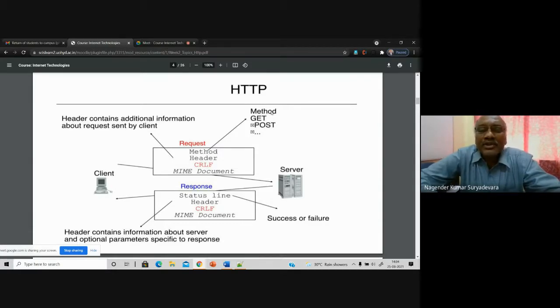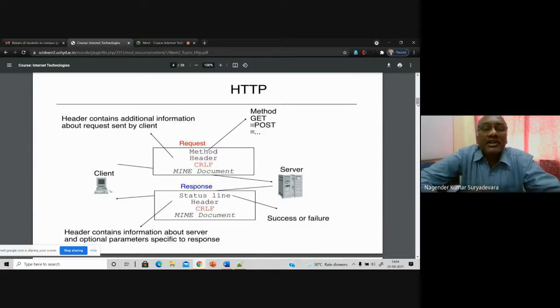A web resource is going to be created if it is not available on the server, and the client is going to put the data. But don't confuse this with the put method. The put method is also available, but the difference is that the post method creates or adds new information to the server, whereas the put method modifies or changes existing data, replacing it with the new data.